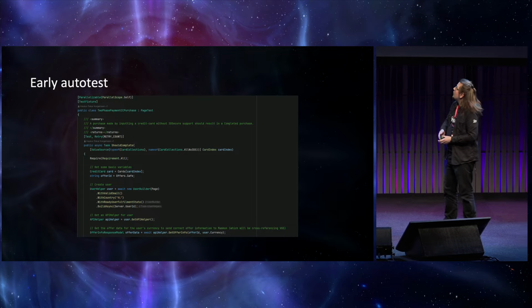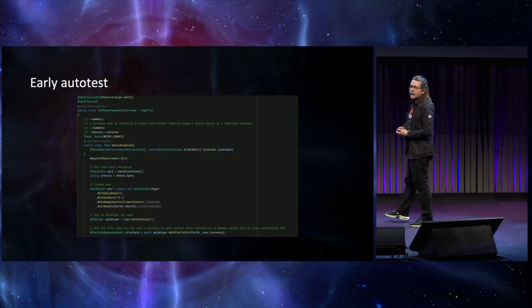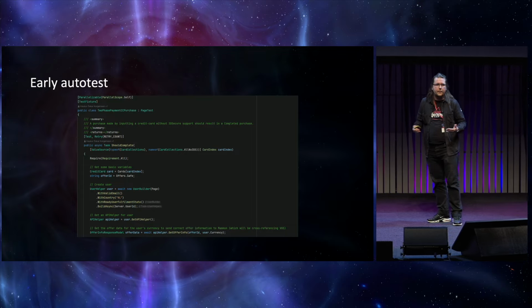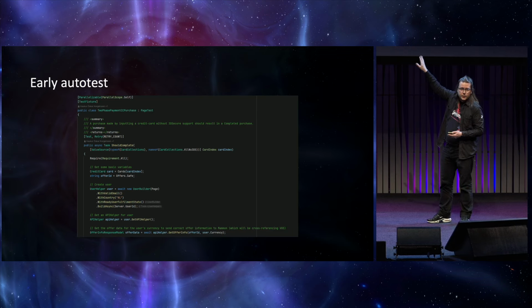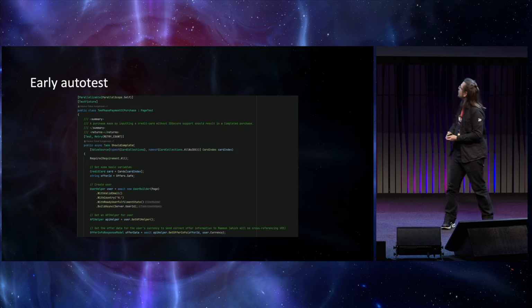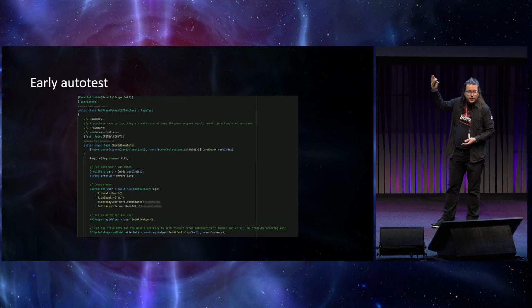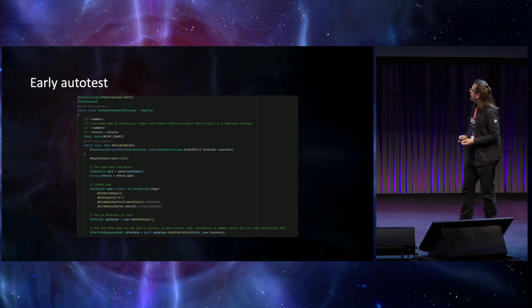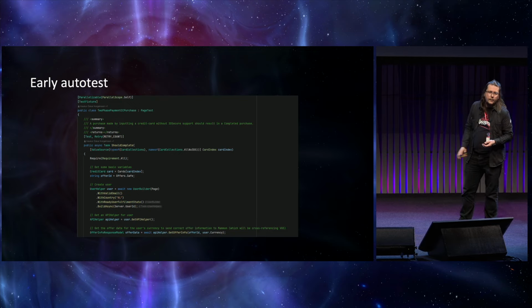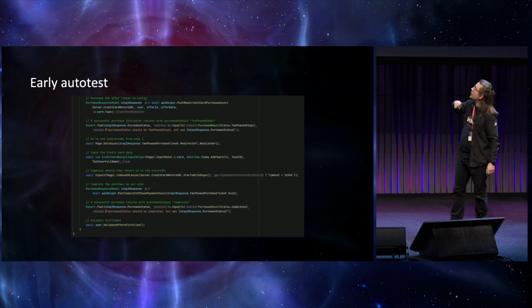Now, at the start of the test here, we validate that some vital systems are online and running. We then store some data that we're going to use in the test, like the fake credit card data and the offer ID that we're going to purchase. We then create a user using the user builder and get a user helper. We save the API helper from there and get some data about the offer. Then the party begins.